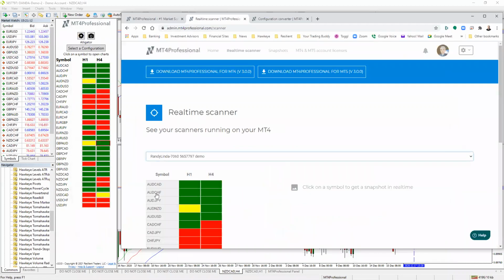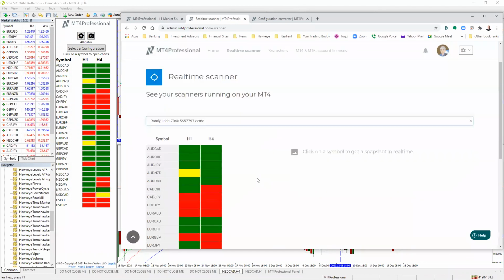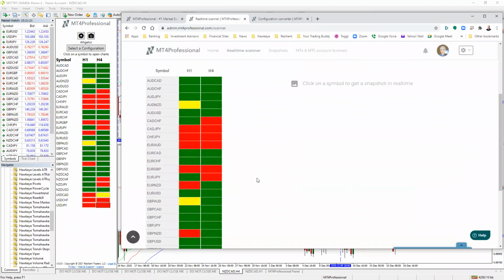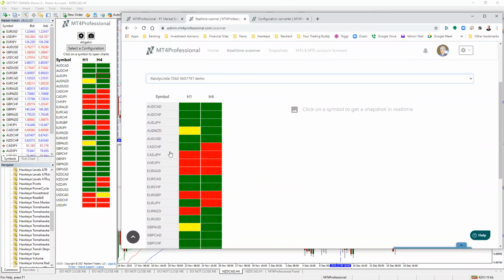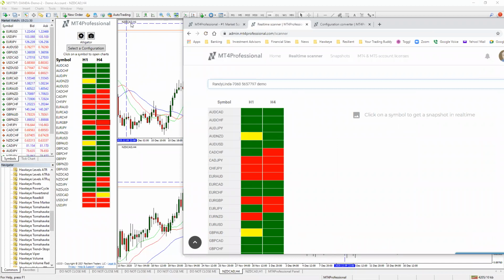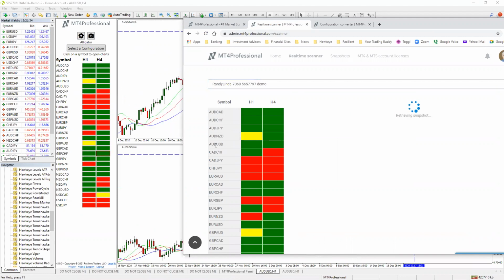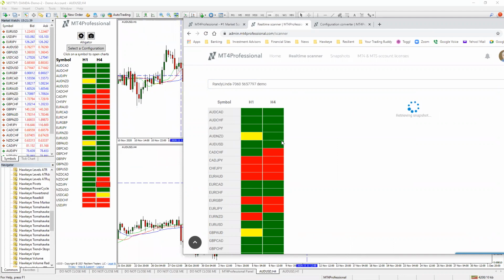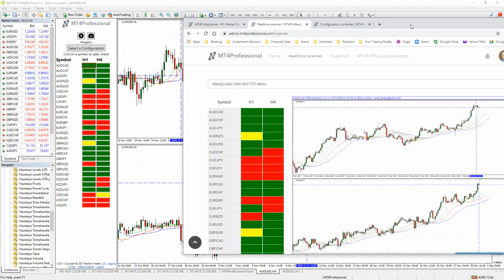You can see I have the scanner here on my mobile device. Right here is the exact same scanner that I've got on my platform. If I wanted to switch any instrument, then on my mobile device, all I have to do is do a single click and watch the charts as I do this. This is currently on the New Zealand Canadian. I'm going to click the Australian US dollar. It changes the symbols. It takes a snapshot, and then it presents me with a live snapshot of the current